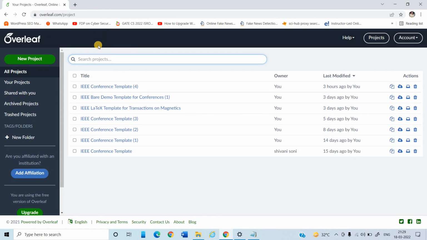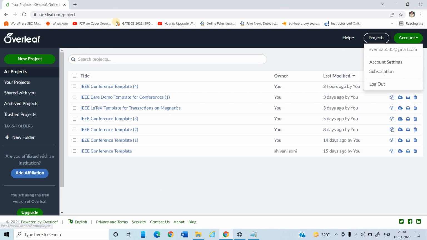As I'm already a registered user of overleaf.com, I have many papers which I have made using Overleaf. When you register on this site, you will be able to write a research paper in a very easy manner for a standard journal like IEEE or any journal you want to target for your research paper. After registration and when you log in to this website, what you have to do,